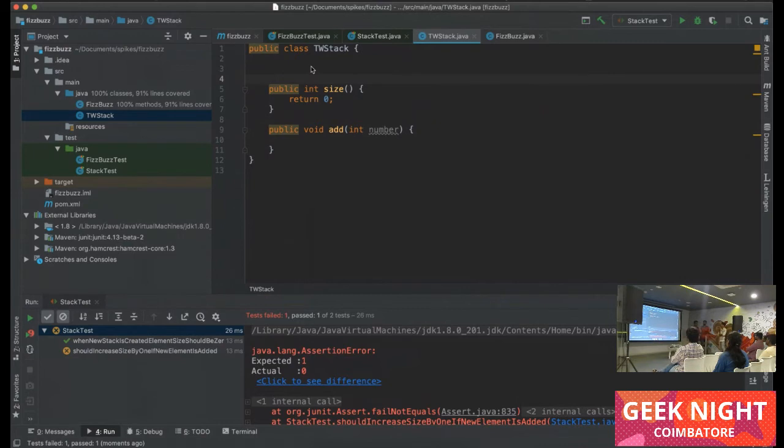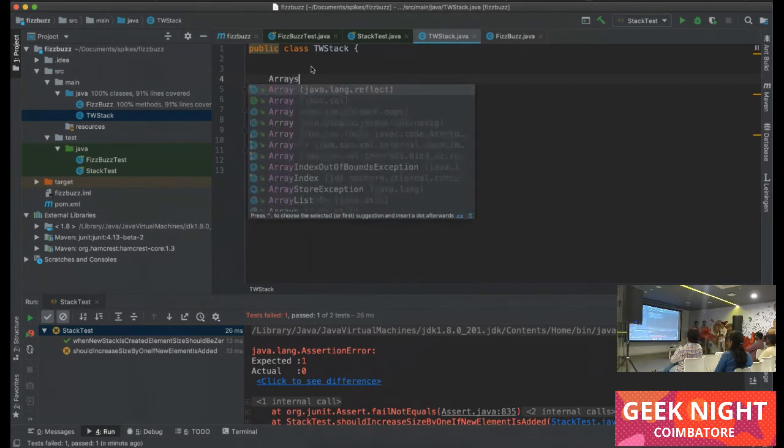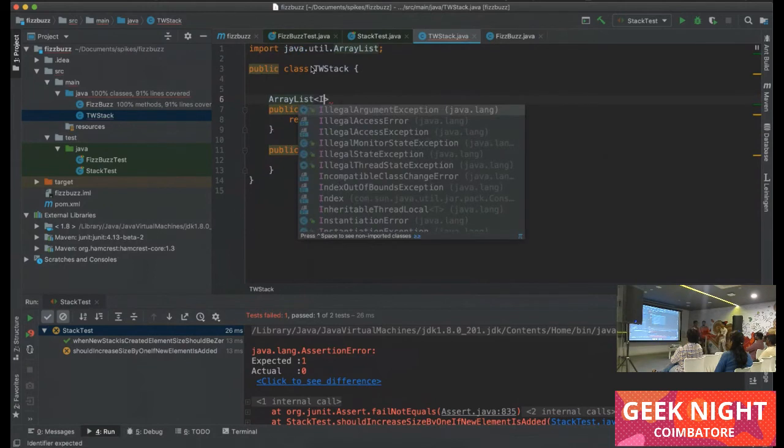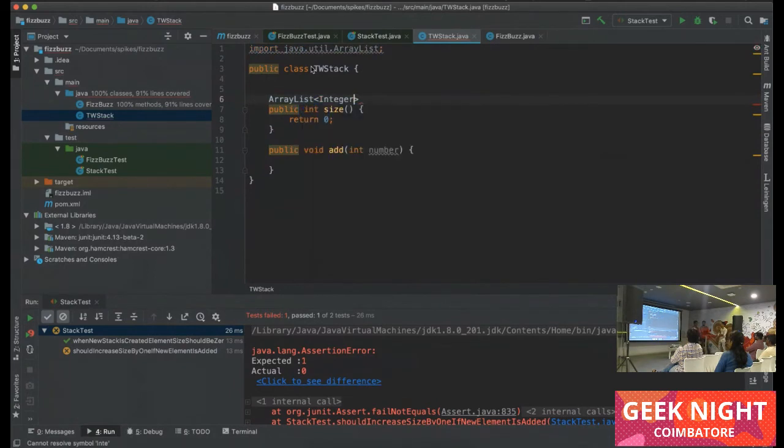We are going to have an integer stack. What are the possible data structures we can have here? Arrays, right? Array list of integer numbers, new array list.